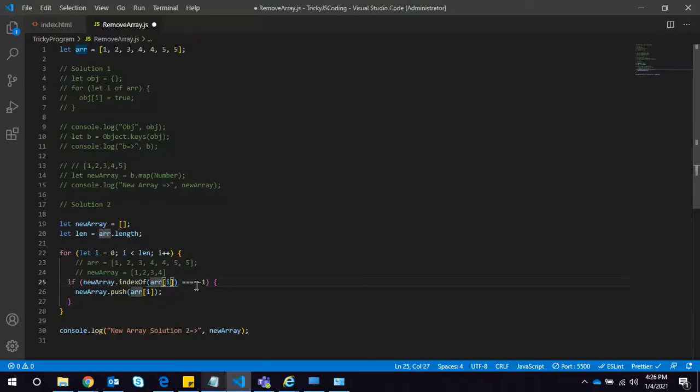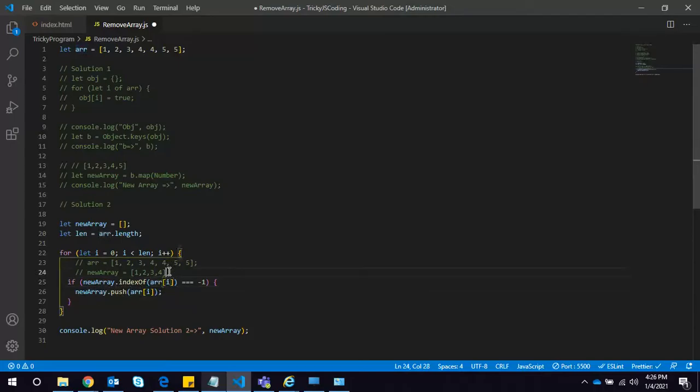If the element we are looking for is not present, then it will return -1. Since we already have the 4 value in the array, it won't return -1 and it won't go inside the condition.